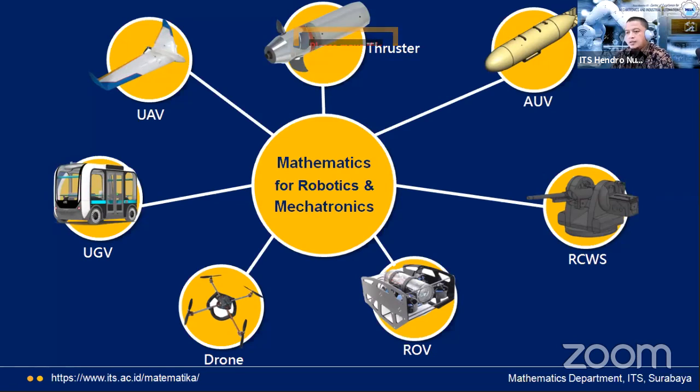We still have a problem for this kind of research and development, specifically on the communications problem. So far, we may only develop the research capacity under 3 or 4 meters under the surface of the water. More than that, like we mentioned before, we still have the problem. And also unmanned ground vehicle, such as automobile. This year, we have iCar. It is an intelligent car that we developed this year to be our shuttle transportation car in our campus. And also drone for VTOL, vertical takeoff landing, ROV, remotely operated vehicle,